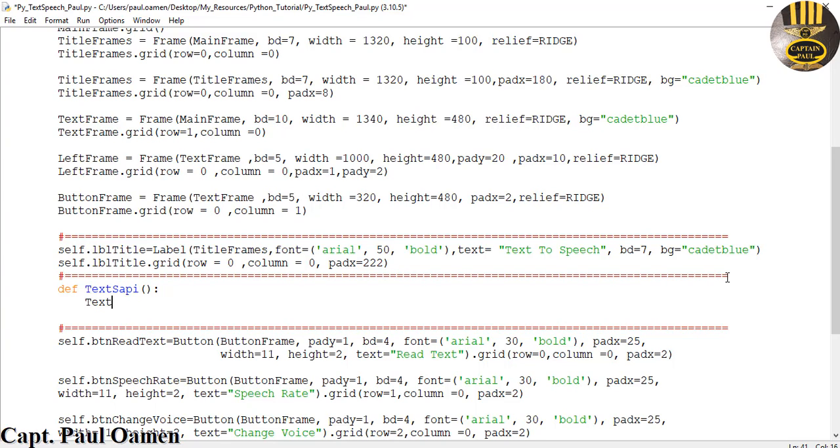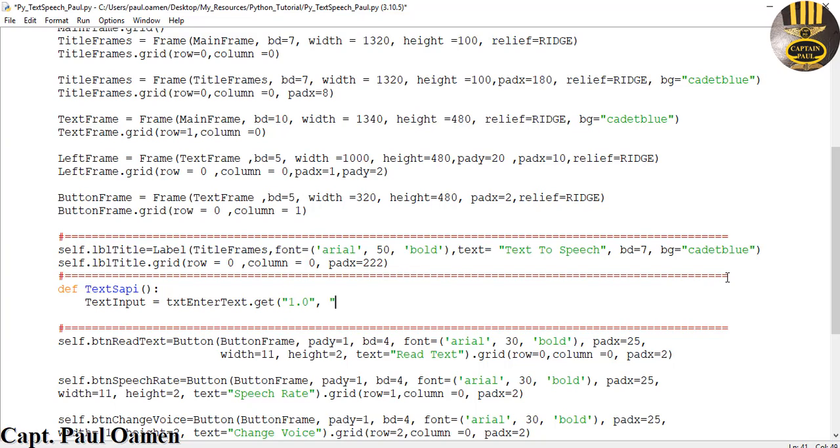We're going to need an input. Let's say input is going to be my variable, and this input I want you to take in a text that is going to be known as txt enter text dot get. And what is it getting? It is getting 1.0,